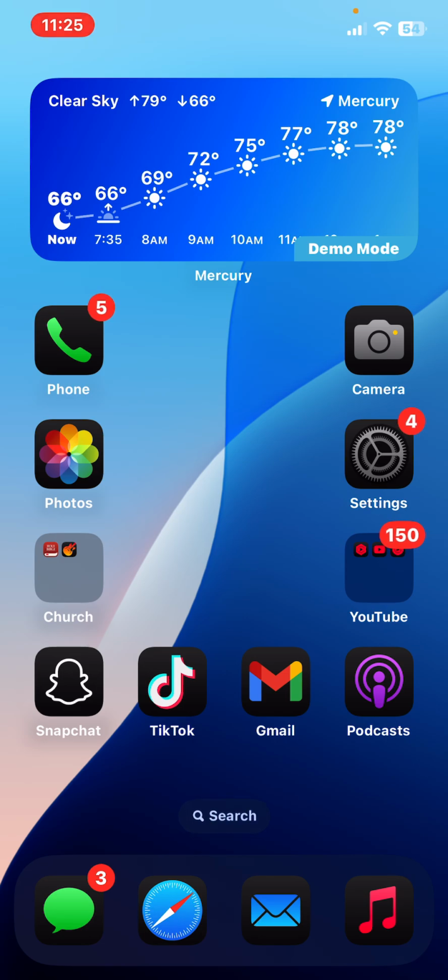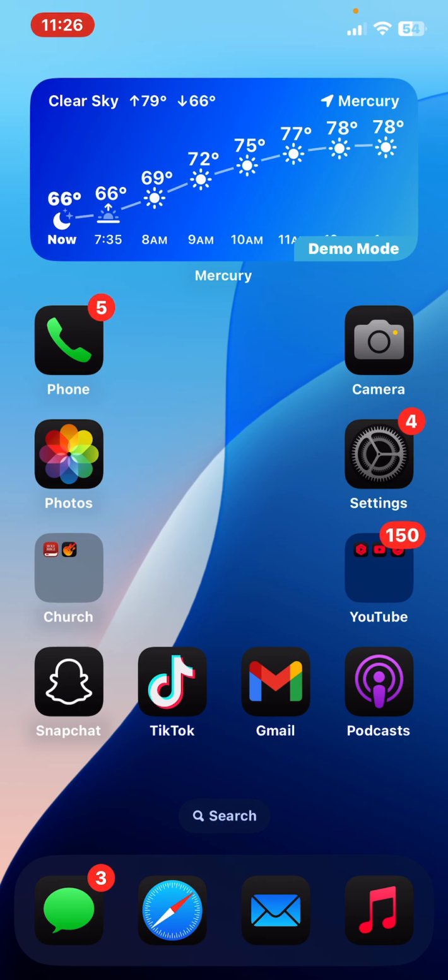Favorite features. Now iOS 18 has been out for 2 months, and for newer iPhones it brought a lot of AI capabilities with Apple Intelligence and things related to Apple Intelligence, but in this video I'm not going to go over those as I don't have a newer phone. I use an iPhone 12. But there is still a lot of features to go over in iOS 18, and my number one favorite is